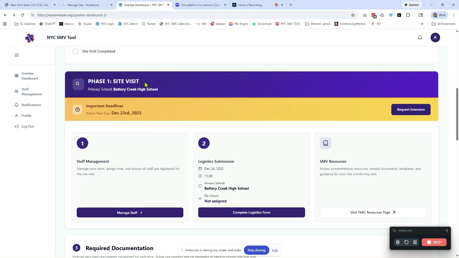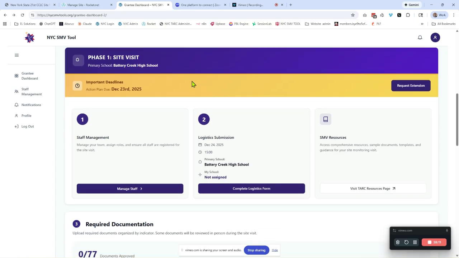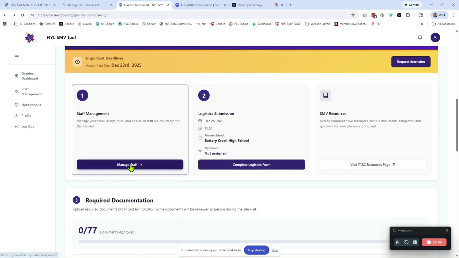Here you have your phase one site visit. We've listed your primary school, so you know that this is the school that will receive the site visit. Then we have important deadlines, when your plan is due, and requesting an extension here. If you need an extension, you can do so here. All right, and then to get started, you would come down to your staff management. You're going to hit manage staff,